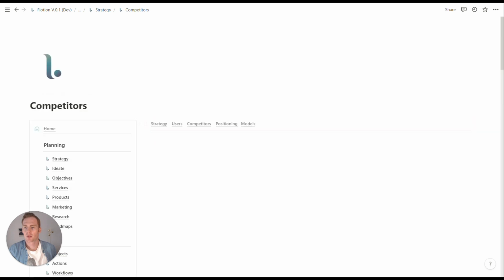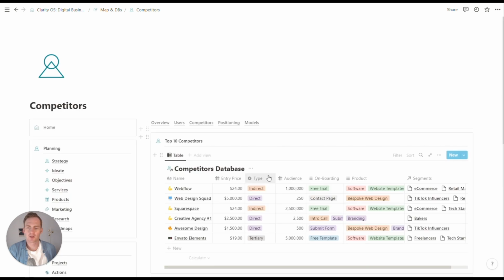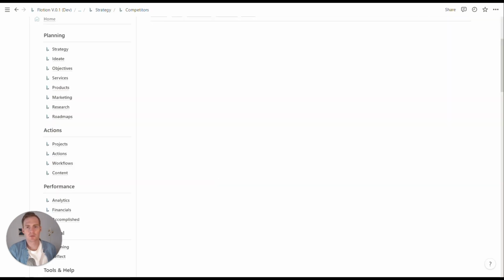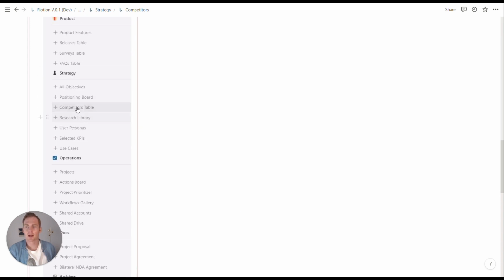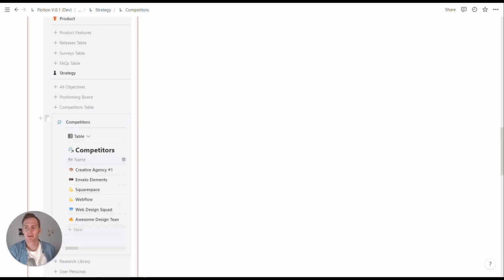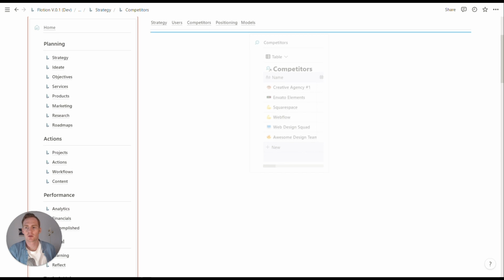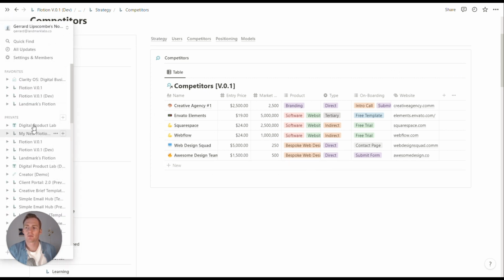The fortunate thing is that the main components of this build are now part of Flotion's editor, and so I can very, very quickly recreate what we're seeing in ClarityOS. And if you have built out your own workspaces and systems for yourself, I would recommend creating templates from the ones that you use most often, and then either just making some duplicate copies